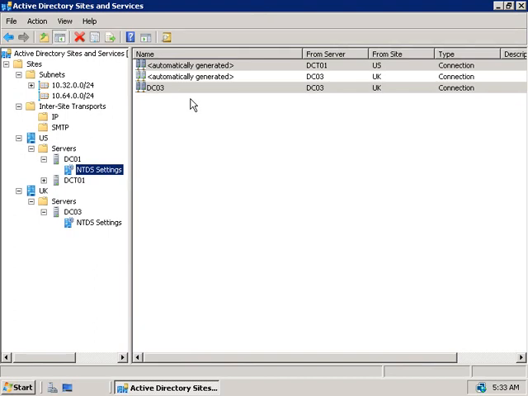In this video we've discussed in depth sites and replication. We've talked about the different transports sites use to replicate data via their connection objects. We also discussed creating site links and site link bridges and how replication